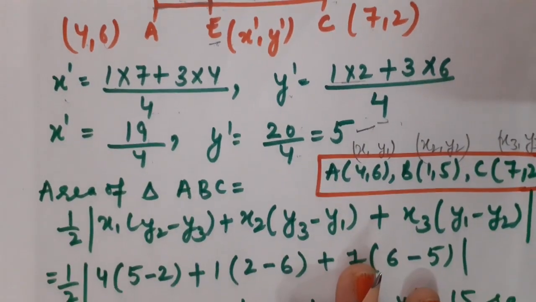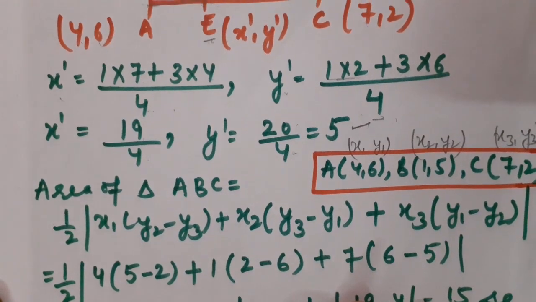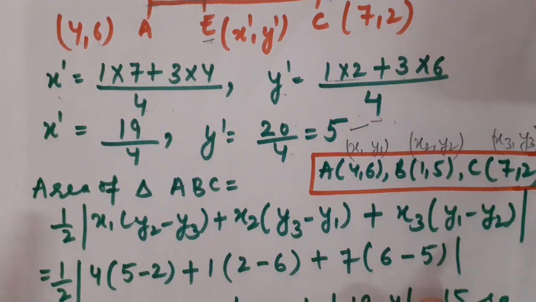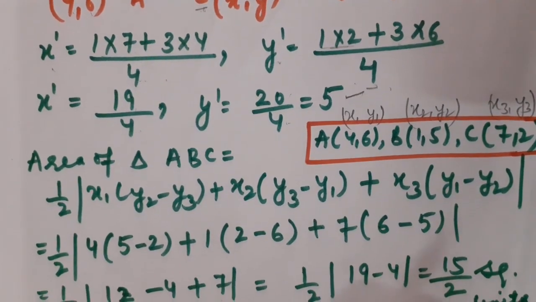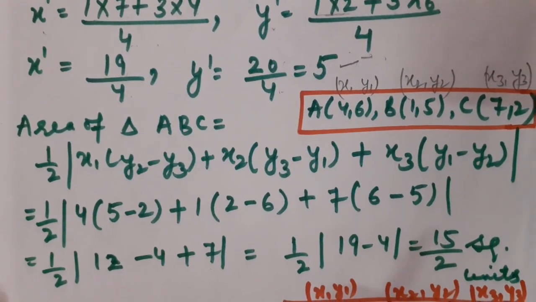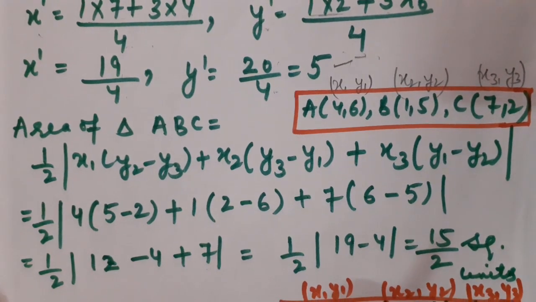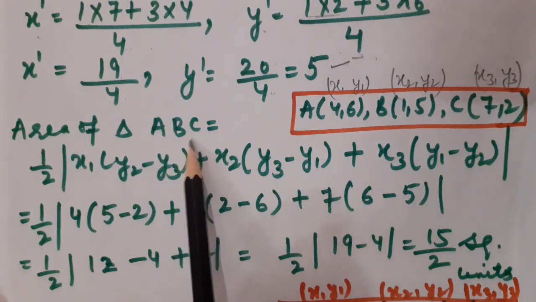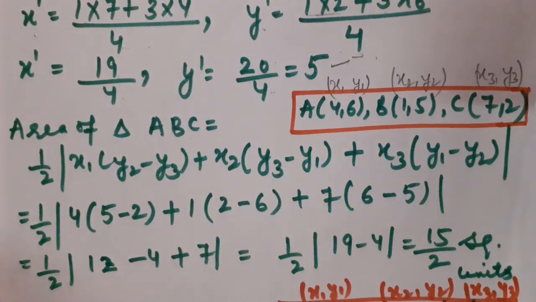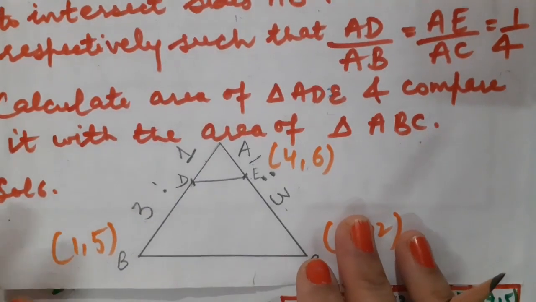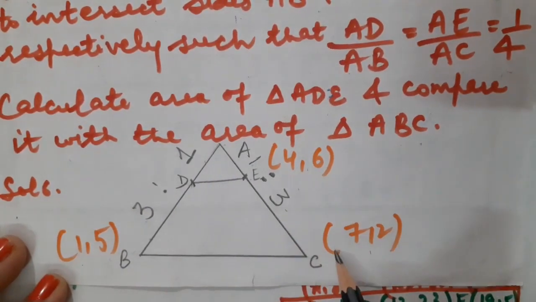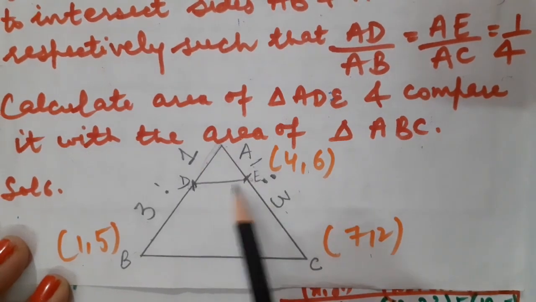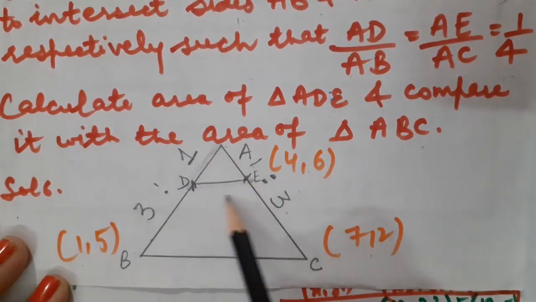Correct, students? So I have now calculated the coordinates of both points, that is D and E, which was demanded in the question. Along with it, it is said that you have to calculate the area of triangles ADE and ABC. So this is the complete ABC triangle. Just look at the previous sheet, please. This is ABC. You know the coordinates. Now I know the coordinates of D and E also. So I can apply the formula of area of a triangle on triangle ADE also.